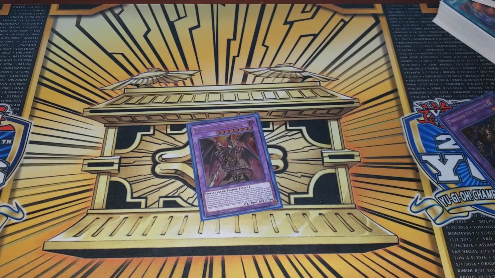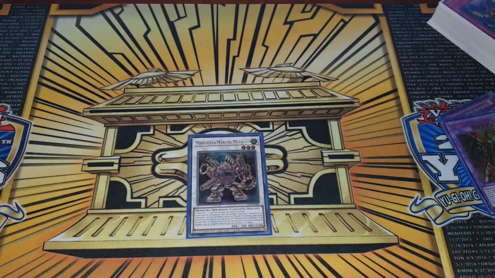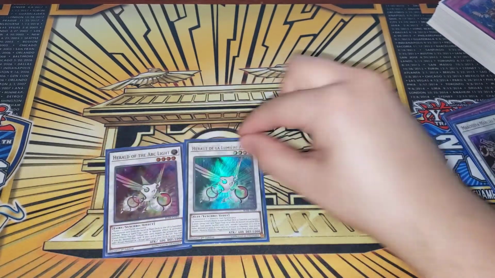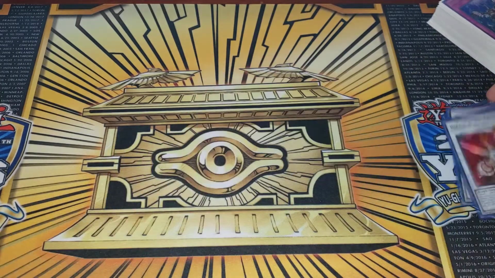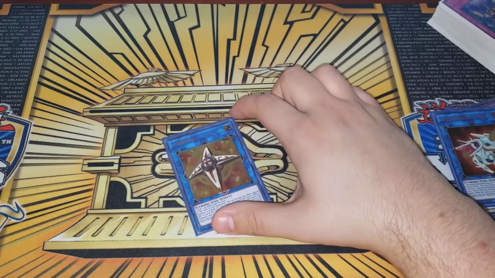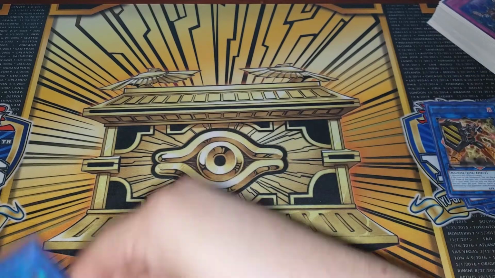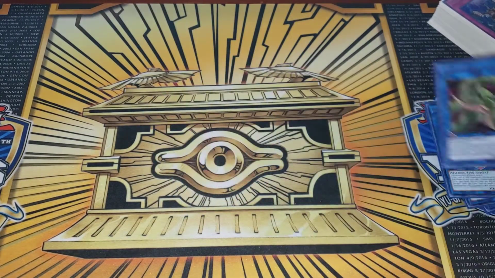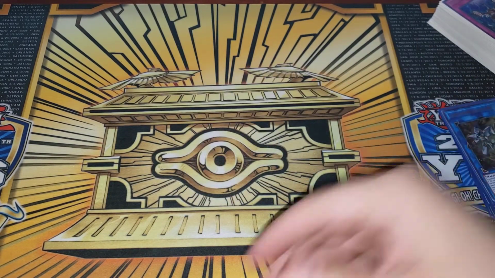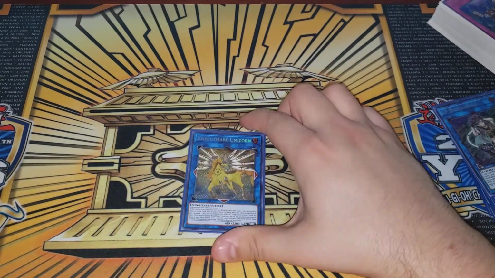Then we play 1 Red Eyes Dark Dragoon, 1 Marching Metal Marcher, we have 2 Herald of Arclights, 1 Salamangreat Almirage, 1 Link Cross, 1 Barricade Borg Blocker, 1 Verte Anaconda, 1 Halqifibrax, 1 IP Masquerena, 1 Unicorn,